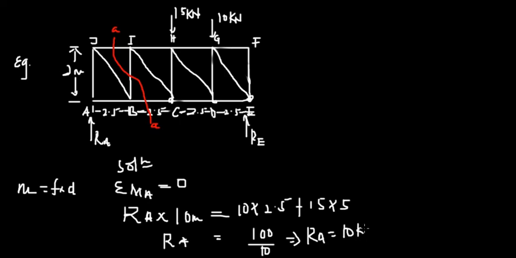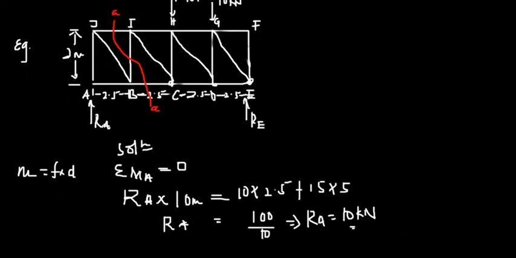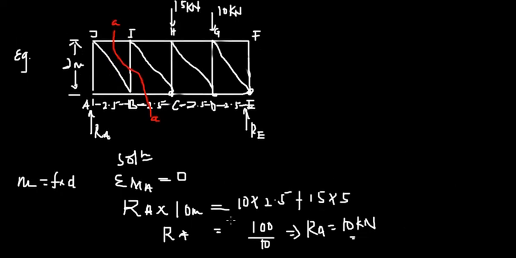being equal to 10 kilonewtons. You could notice how simple that is. Now, from here you might be wondering why I just took the moment at RA and then equated that towards this point. This means that the direction of RA is positive. So that's why I just equated that and then took the moment of 15 and